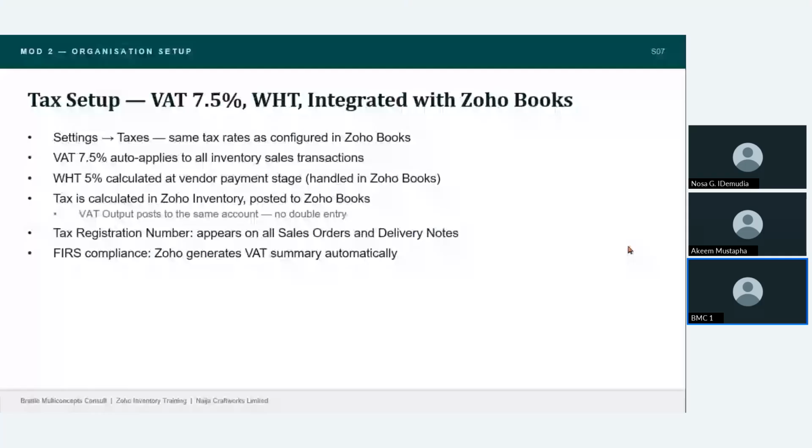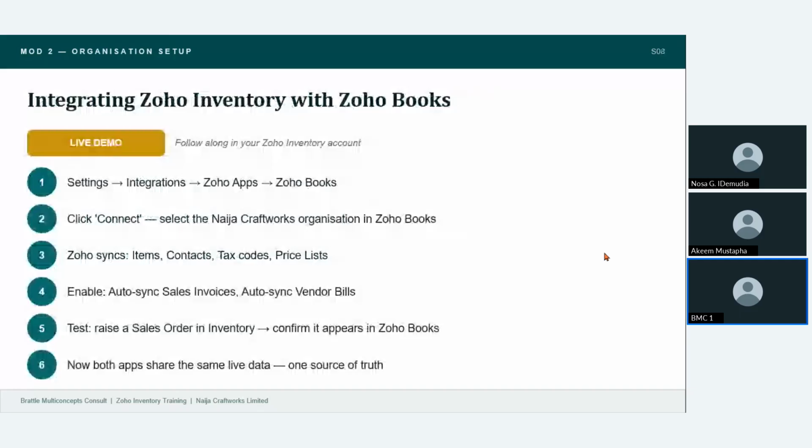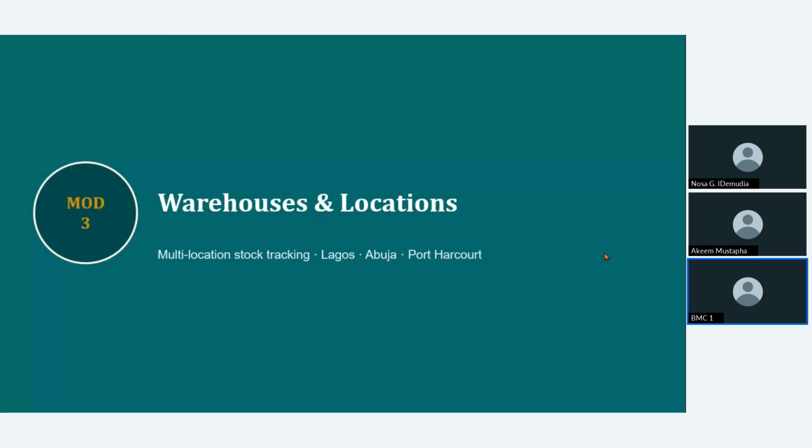We already have the VAT setup in Zoho Books. We have integrated our books with inventory, and we also created a warehouse last week. But now the warehouse will be more active. Before we move on, while we have done this on inventory, whatever we do under the